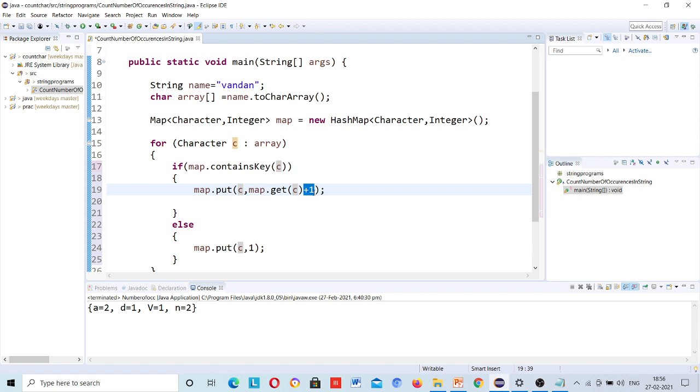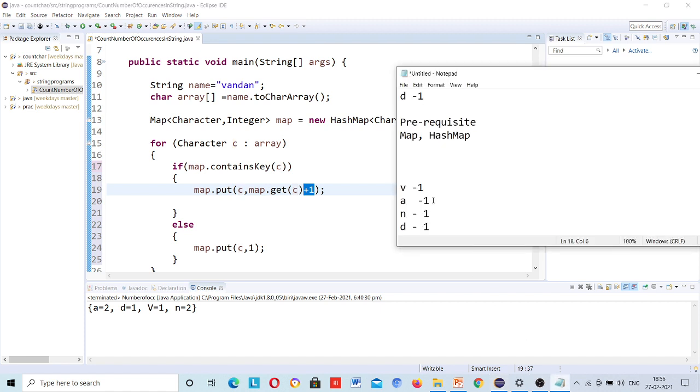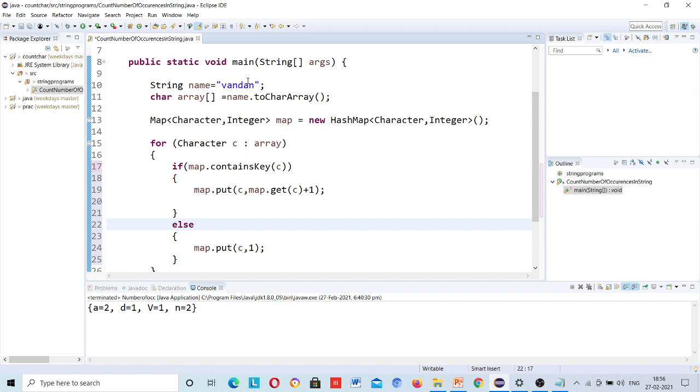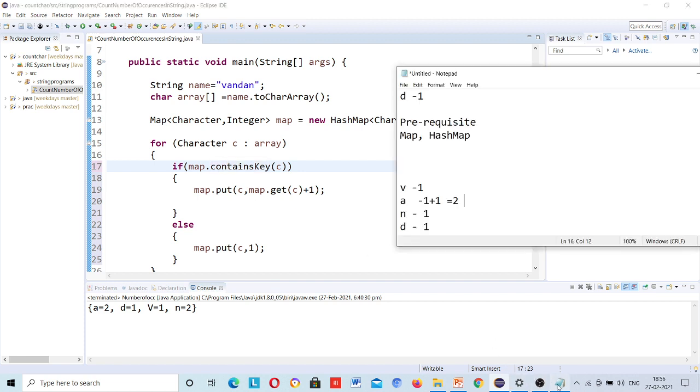Map dot get key C, it will get C, and currently this C is holding A, so it will get the integer value for A, and 1 plus 1 means equal to 2. Then similar for n, and n is already held by this map here, and this will be plus 1, making 2.